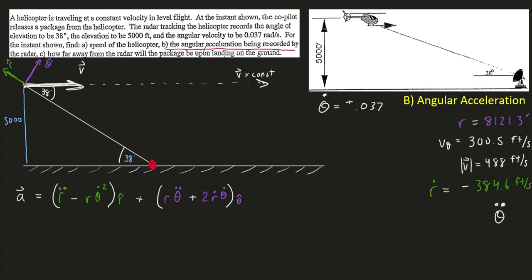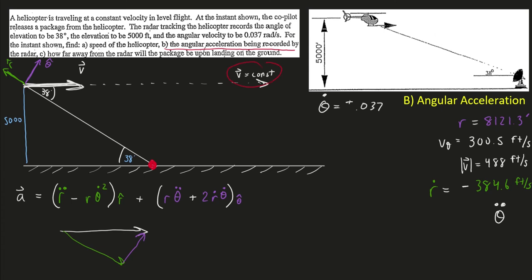Just like we split our velocity vector up, we're going to take our acceleration vector, which is either going to be going to the right or the left, and split that up into a radial and a tangential component. Same concept as before. But I can't forget,